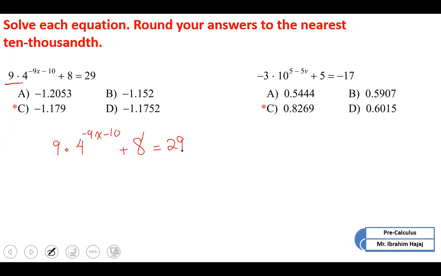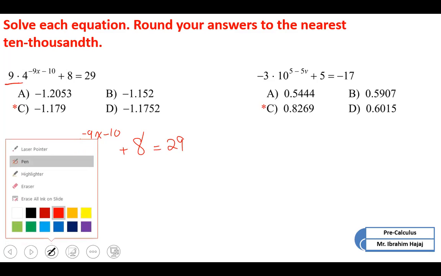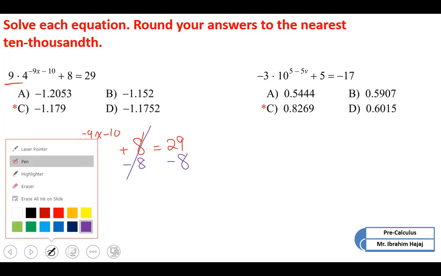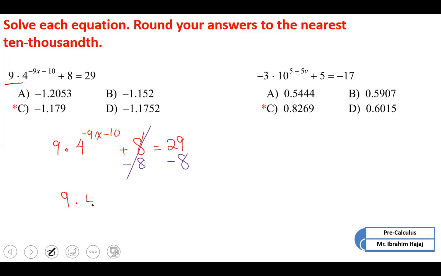Okay, guys, you should isolate 4 to the power of negative 9x minus 10. So we should subtract 8 first from both sides. Cancel this out. You got 9 times 4 to the power of negative 9x minus 10 is equal to 29 minus 8, which is 21. Dividing each side by 9, we can put it inside parentheses, it's better to know that 9 is multiplied. Cancel out the 9 by 9, and